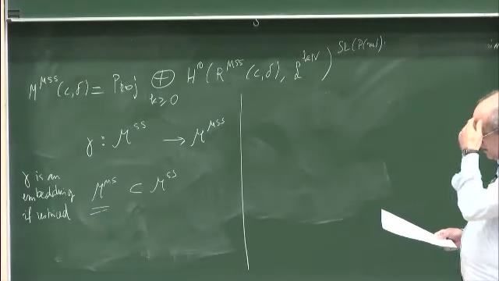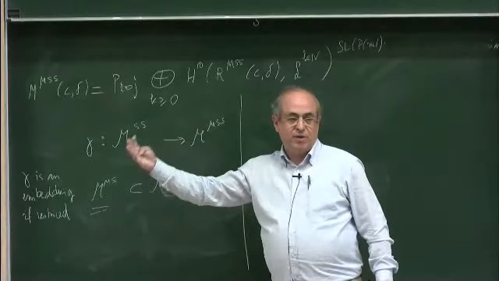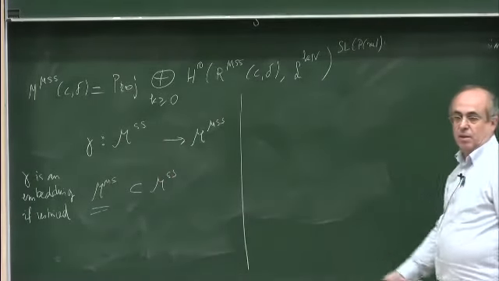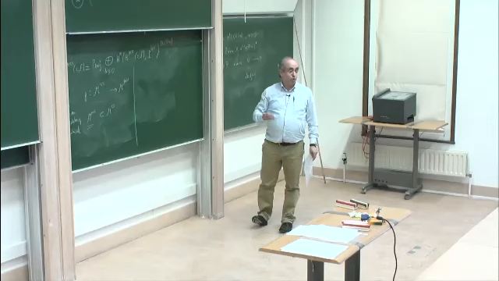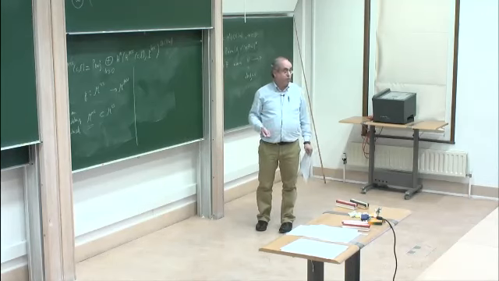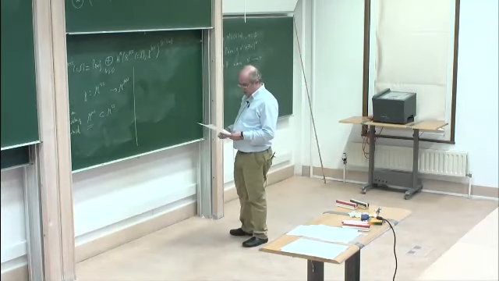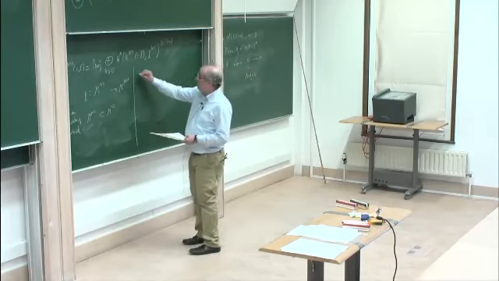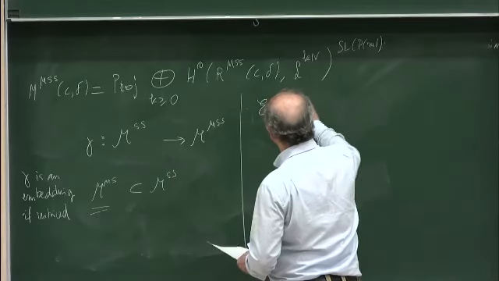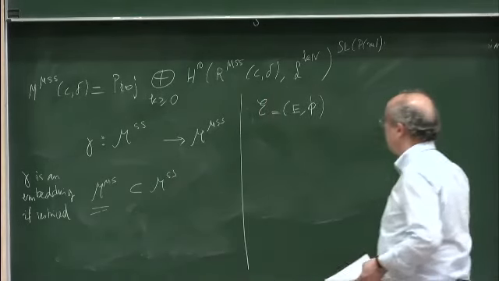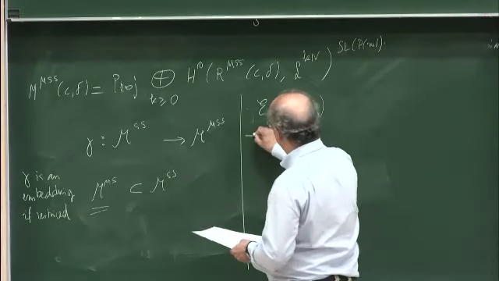One needs the following fact, that for these sheaves there are Jordan-Hölder filtrations as framed sheaves, satisfying the usual properties. For μ-semistable framed sheaves, one has Jordan-Hölder filtrations. And then you can prove the following. I will use this notation: script E is a pair, a framed sheaf, with a fixed invariant that we fixed from the outset. And then you can prove that